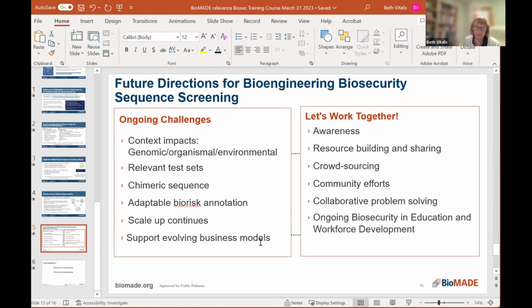And then working together, resource building, sharing case studies. The more we can share case studies, it saves time, because, and Kevin mentioned this too, the manual evaluation of these hits is very time consuming, and if we can share what we're learning, common false positives, and keep building up that allow list, that's helpful. And community efforts, it's on many fronts. The more we work together to solve problems, it is moving forward. And then the ongoing training.